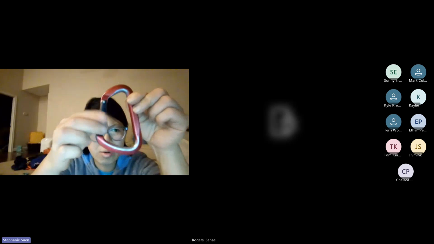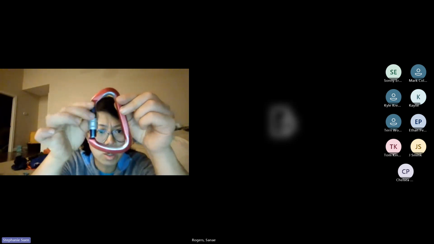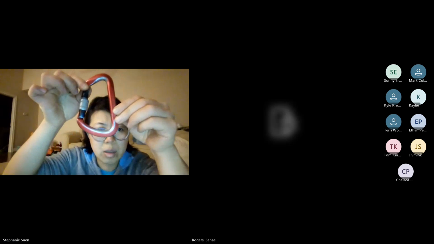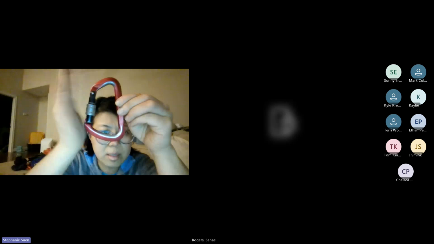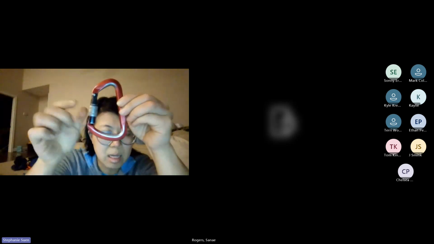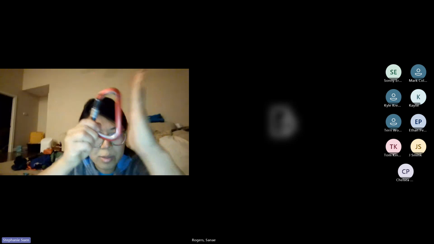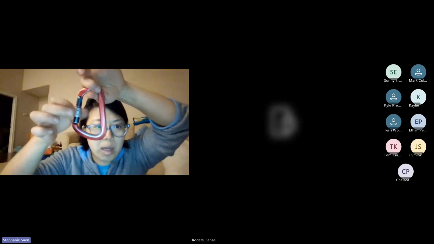One thing to think about when you're rigging is having your carabiner in the direction where your gate is not facing a piece of rock that might jam into it and get into that gate. Similarly, you want that strong spine hanging off of your hangers. And on top of that, you want it to